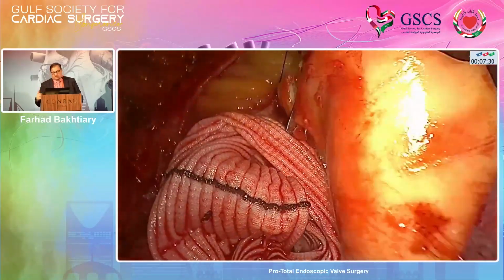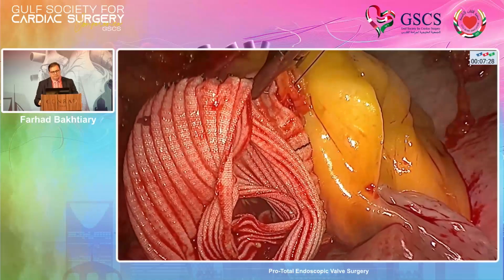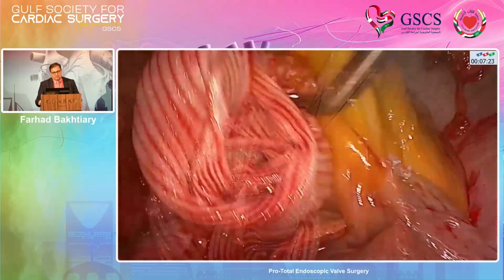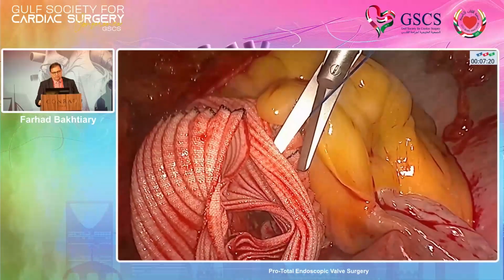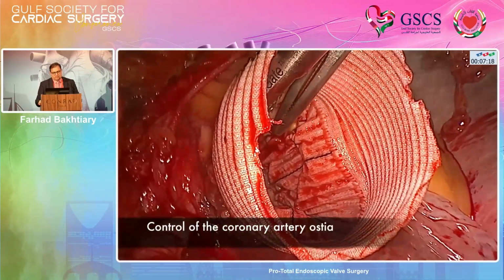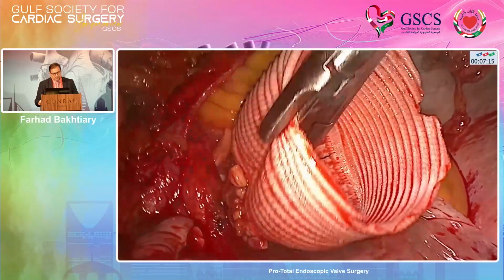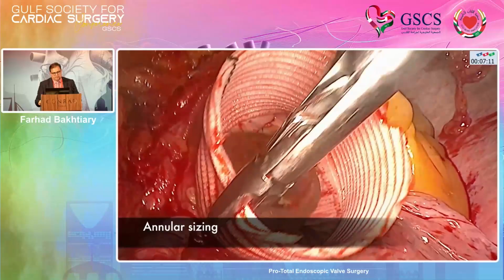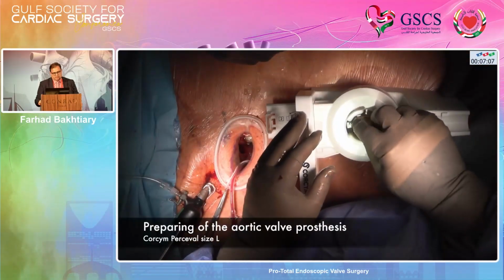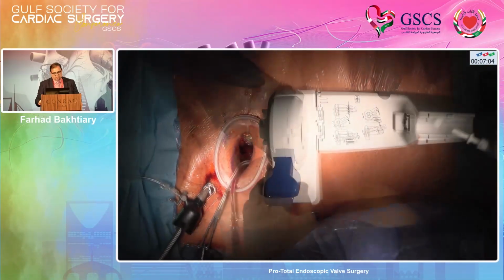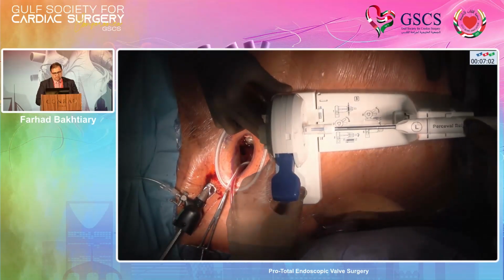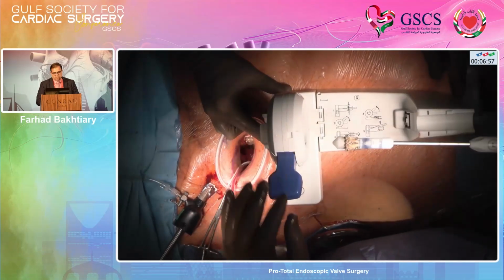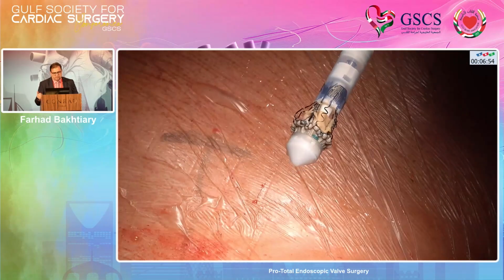But if we're doing a sutureless Bentall, you need to reimplant both coronary arteries and then go for controlling the two buttons, and then sizing the valve, and using a sutureless valve. This patient was, I think, over 75 years old, and then we decided to go for